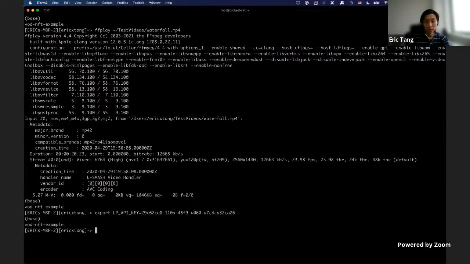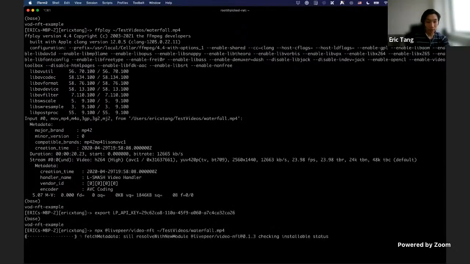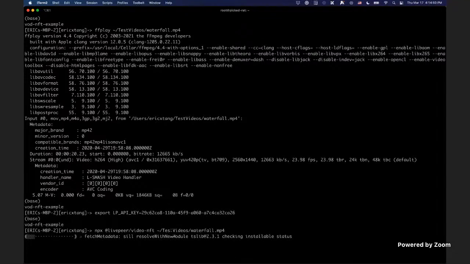Now my environment knows what the API key is, and from here I can use the video NFT package from Livepeer. This is an npm package, and I can use this package to help me create a video